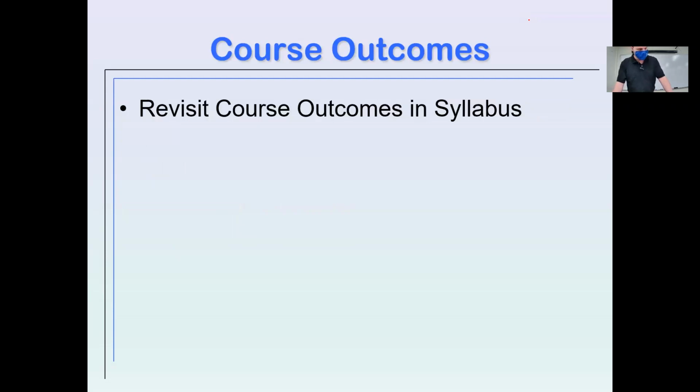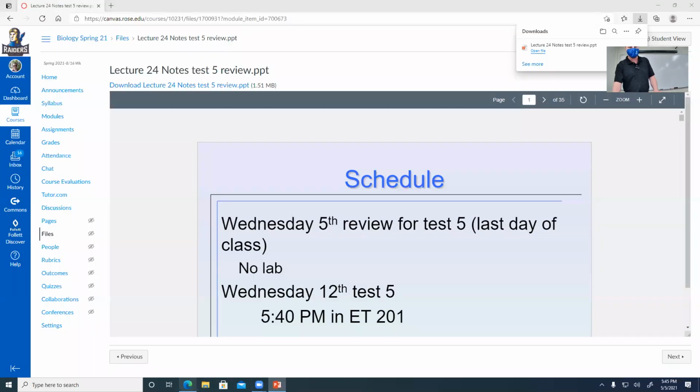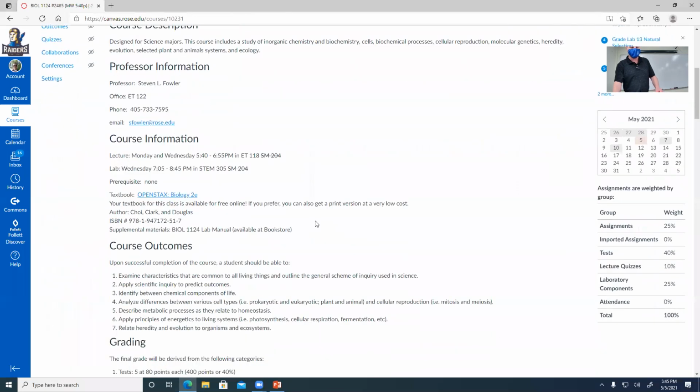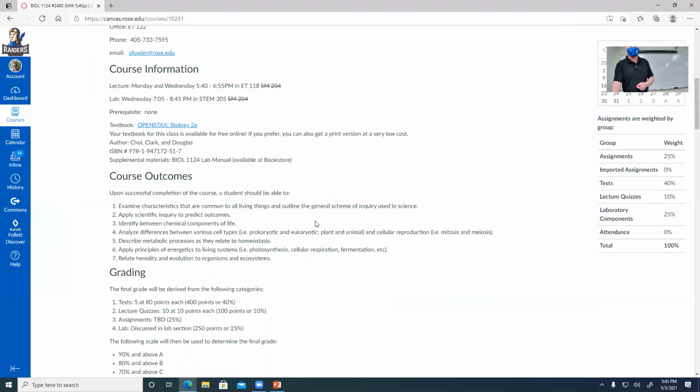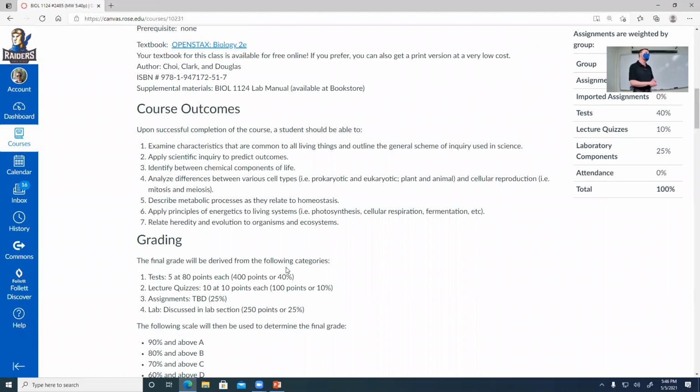Now, because there's just not much material in those 2 chapters, test 5 will be comprehensive. And so it's always worthwhile. What I find when I'm giving a test that is comprehensive, meaning it's going to cover throughout the semester, and when you look at what we call the course outcomes for the course, how the course is going to work, what the expectations for the course are, that normally serves as a really nice starting point for a study guide for any kind of comprehensive test. So if we look at those,